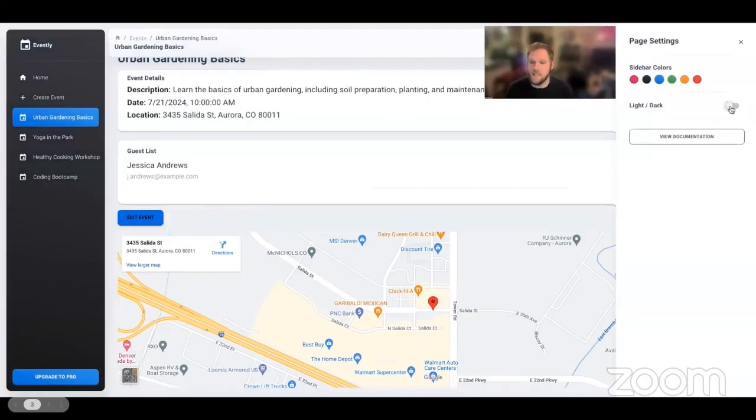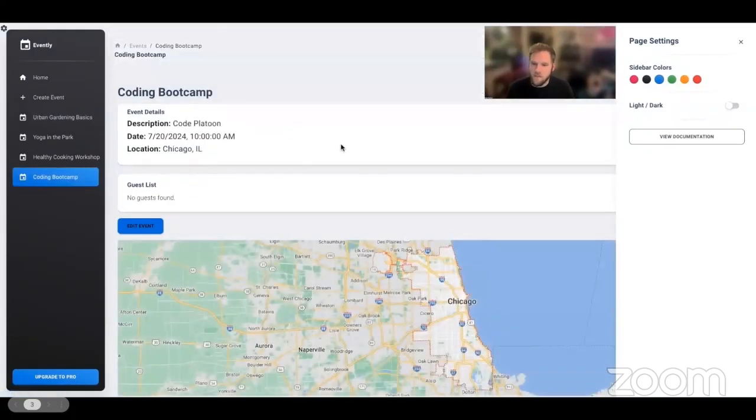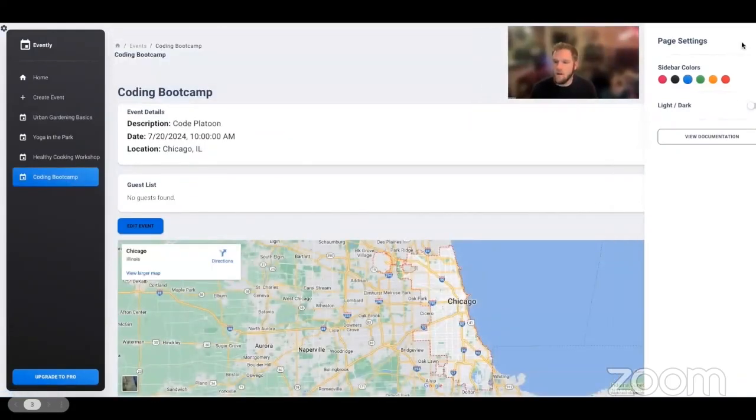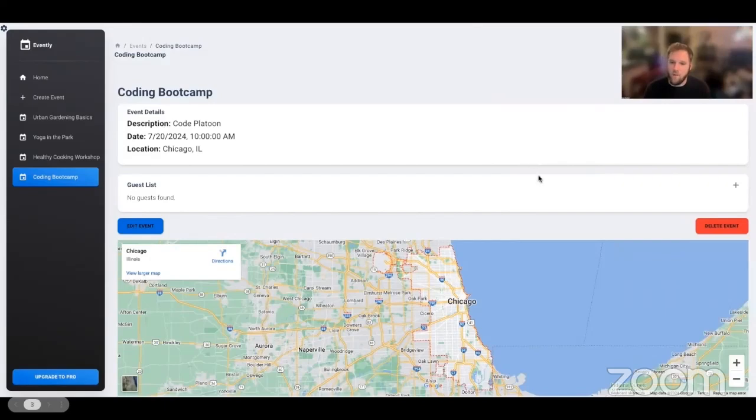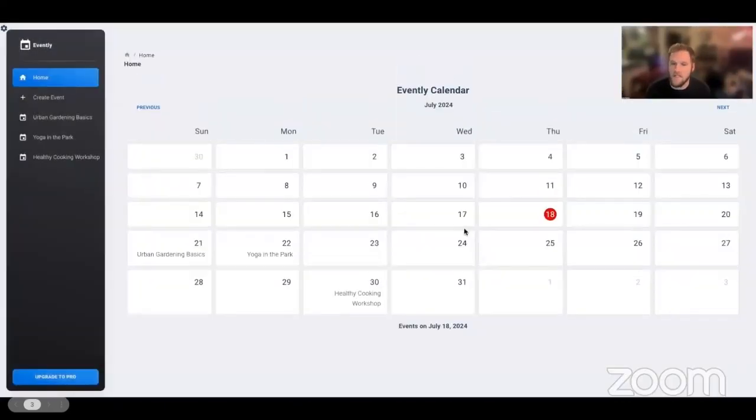Removing an event is easy. I noticed that this Coding Bootcamp event is over as of today. Unfortunately, it doesn't need to be on here anymore. By using the Delete Event button, we'll be prompted for confirmation, and the event will be removed from our current events list. Heading back to the home page, let's go ahead and walk you through the process of creating an